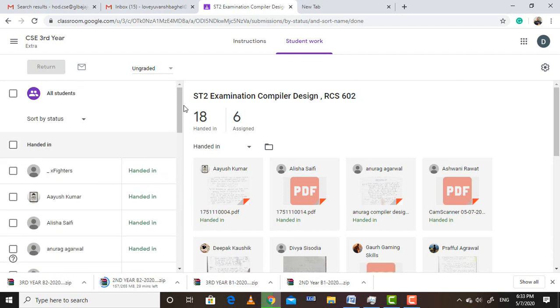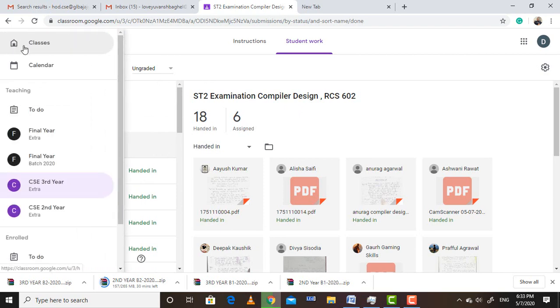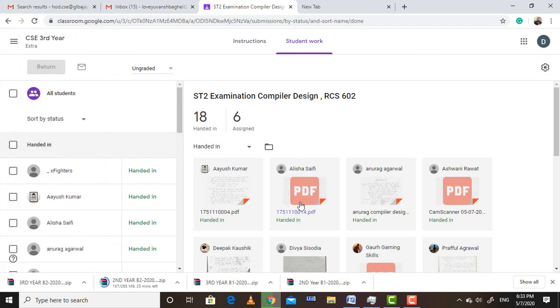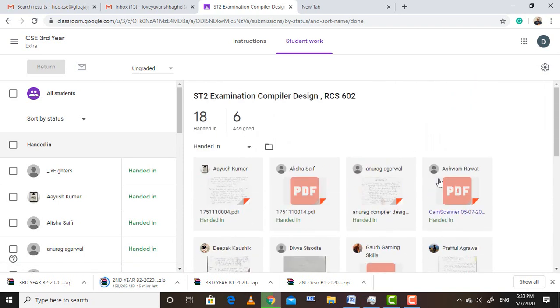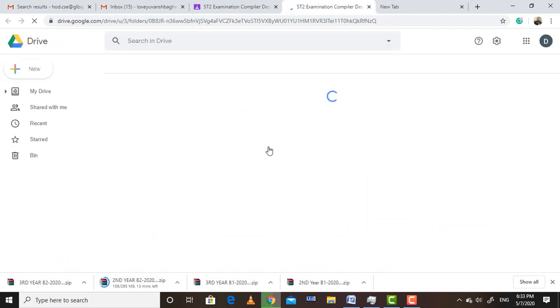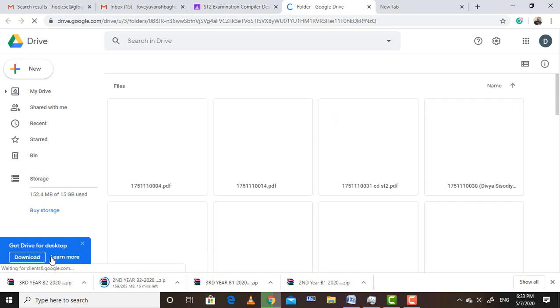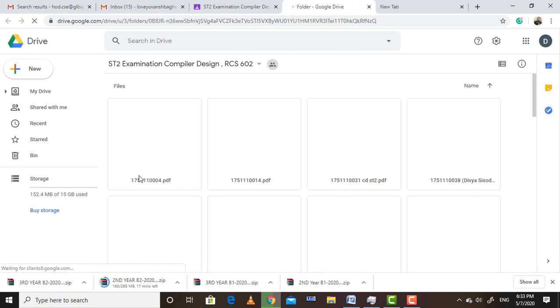So after that, you need not click every PDF. You must make use of this folder, open folder for assignments. Now here you find the folder for the assignment.